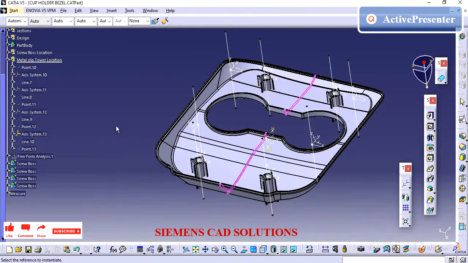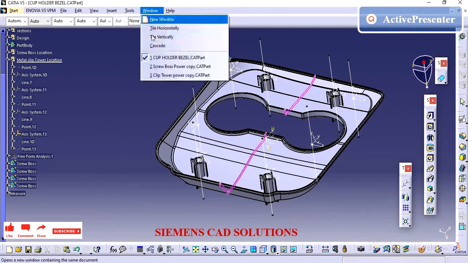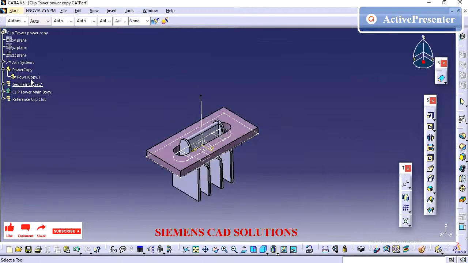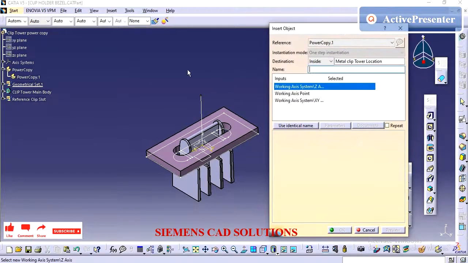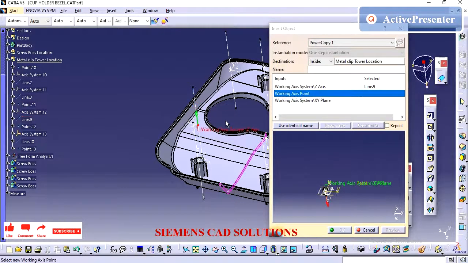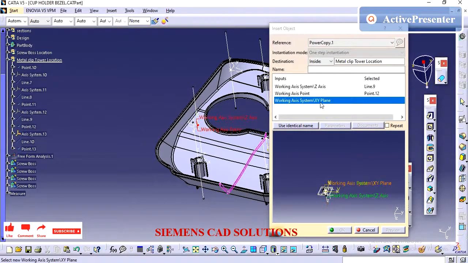Next we will see the clip tower attachment. I have already created the clip tower using the power copy. I am pulling that into this bezel part. If you want to know how I did this clip tower, I will add that video link in the description.